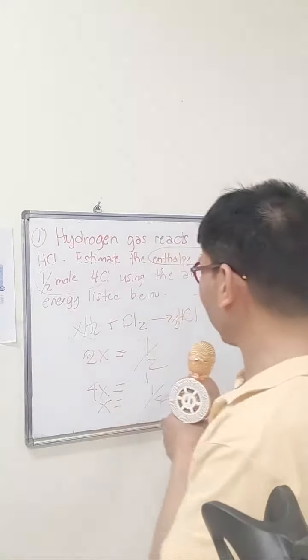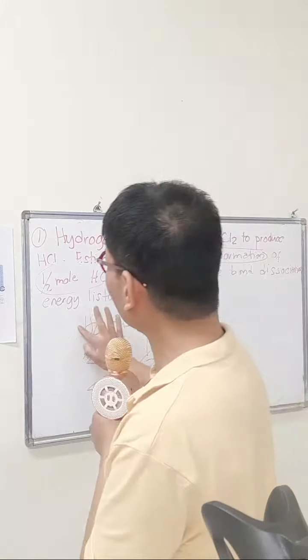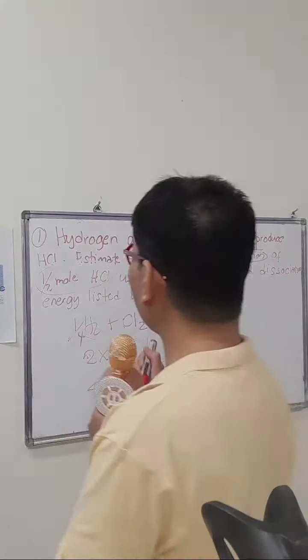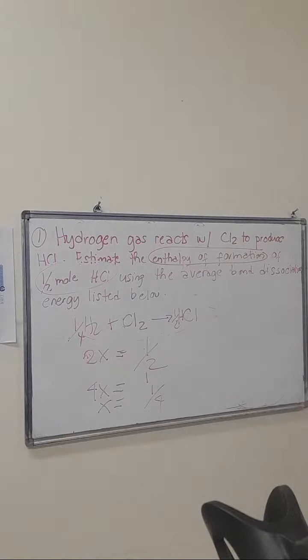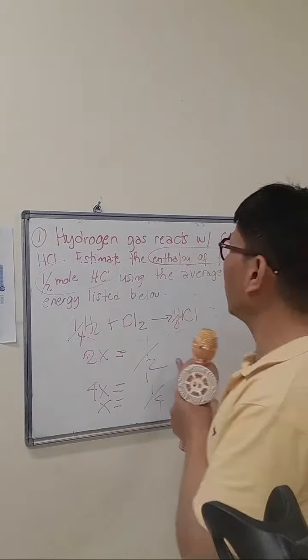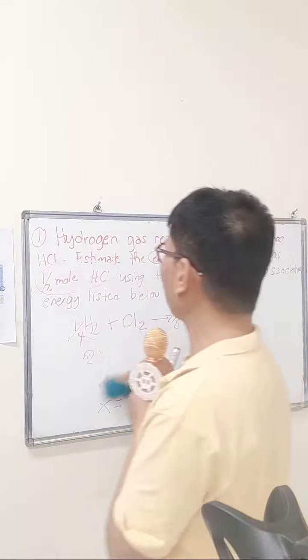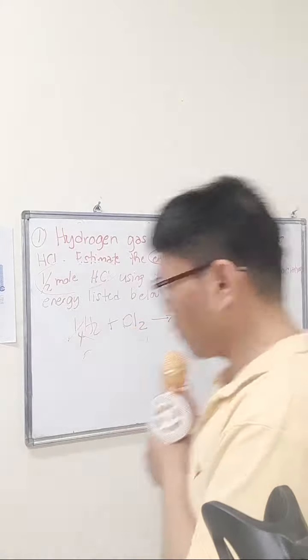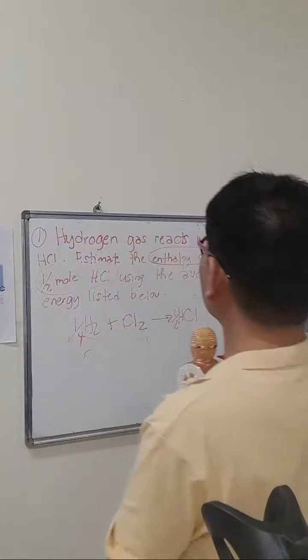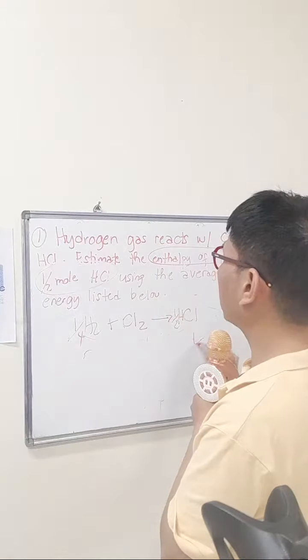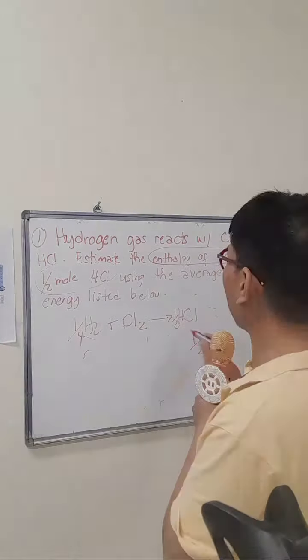Right? So X is equal to 1/4. Put 1/4 here. Okay? We need to say 1/4 of hydrogen gas. Like that. Now, chlorine gas. So, if we have chlorine on the other side, chlorine is 1/2, and we have chlorine also,